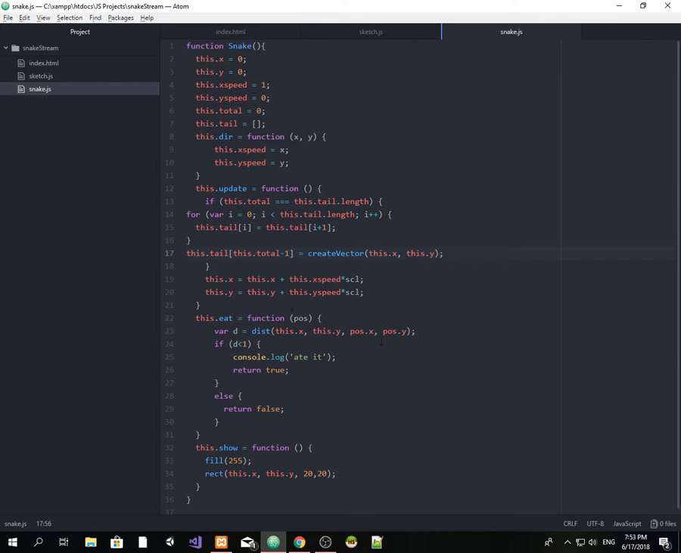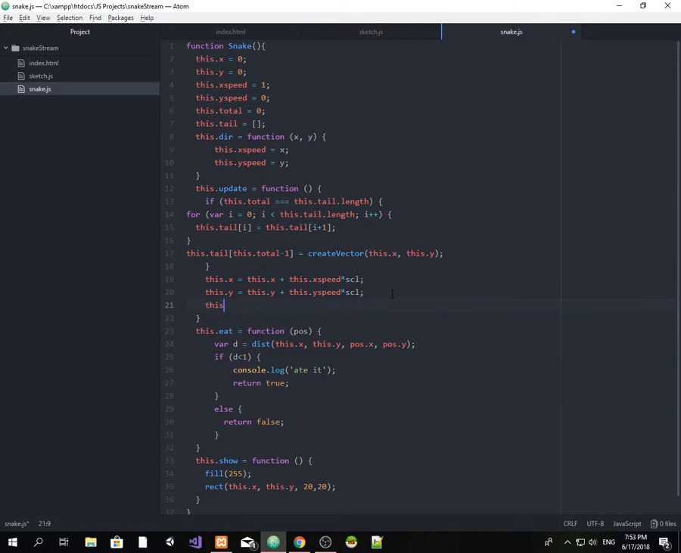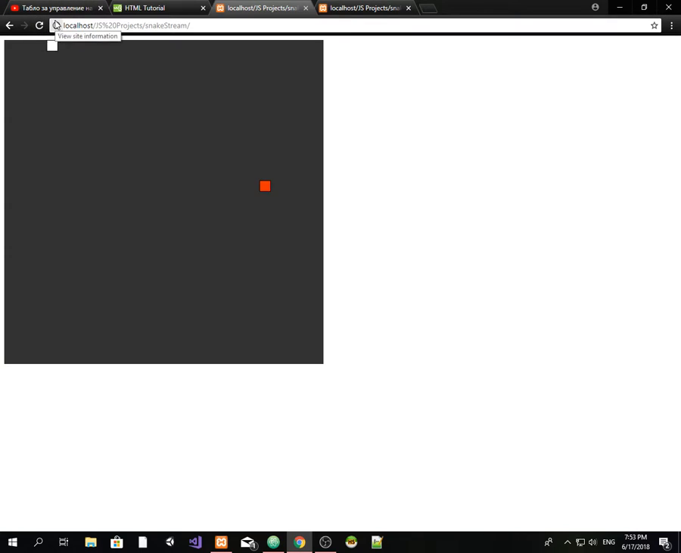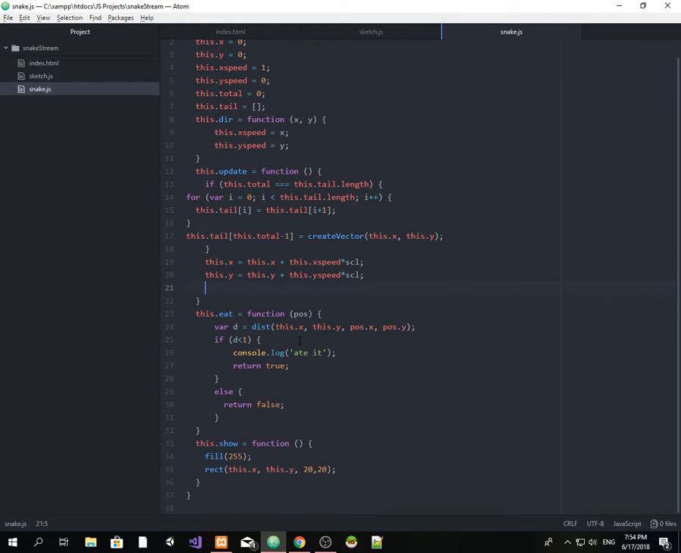Maybe I can actually, just so it's visually better, constrain the things. No, we'll leave it like this for now. When I hit refresh, actually I think nothing is going to change. Yes, what I need to do is in eat, I'm going to say this dot total is going to increase, and